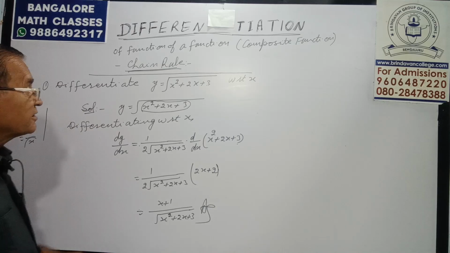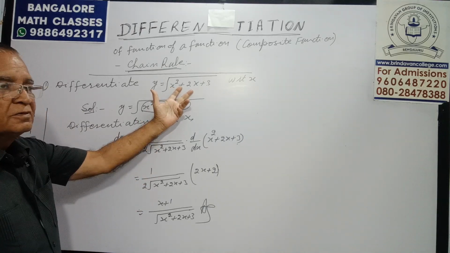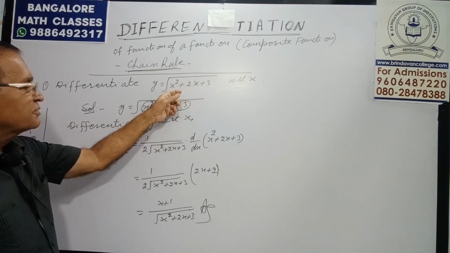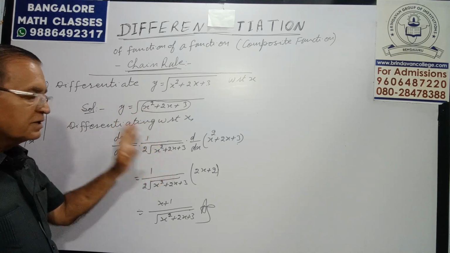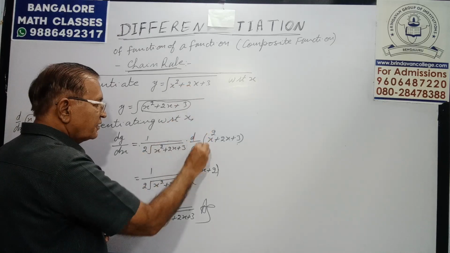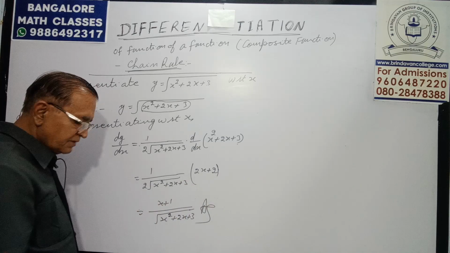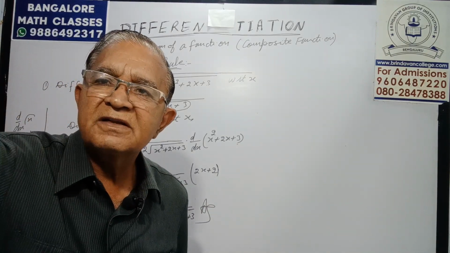See once again, assume this part as u, or instead of u you let it be x. So we will get root x. The differential of root x is 1 by 2 root x. But actually it is not x, therefore go for d dx of this part. So after differentiating, just solve it. So I prefer the second method.